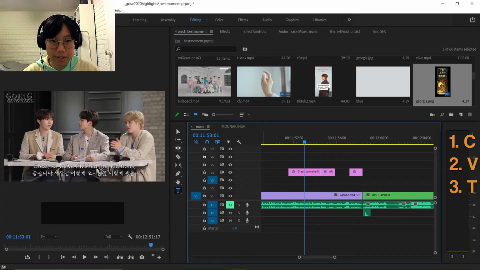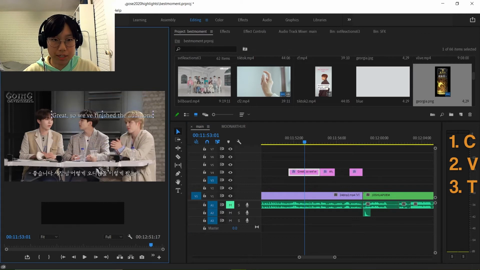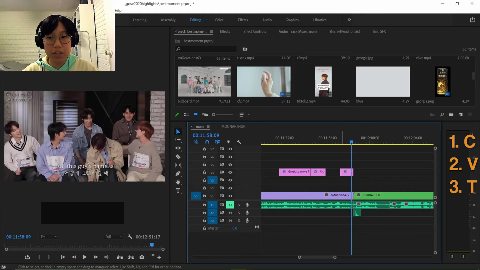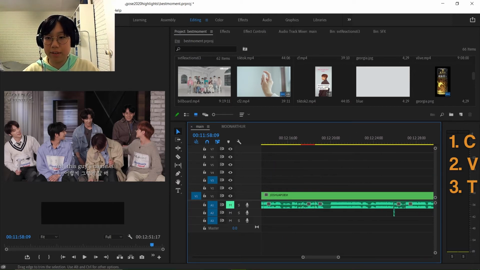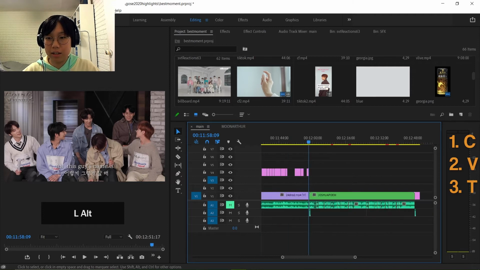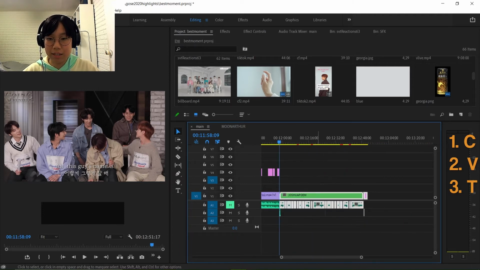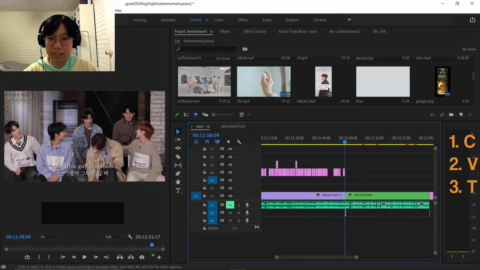Once I'm done, I'll deselect, hit V, and go back to my pointer tool. I can also use this pointer tool to move this anywhere I want, but I'm not going to do that right now. So let's say that I finished editing everything, but I felt like it didn't have enough coffee. So I wanted to add some coffee right in between these two clips, but in order to put something in there, I'd have to move everything over and select everything and zoom out and select all this. And sometimes it can be a lot more messy, and it's really difficult to zoom out and select everything correctly.